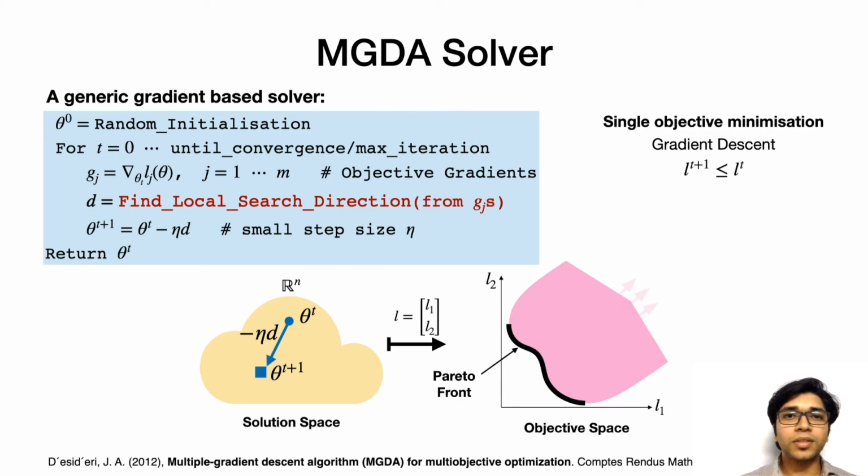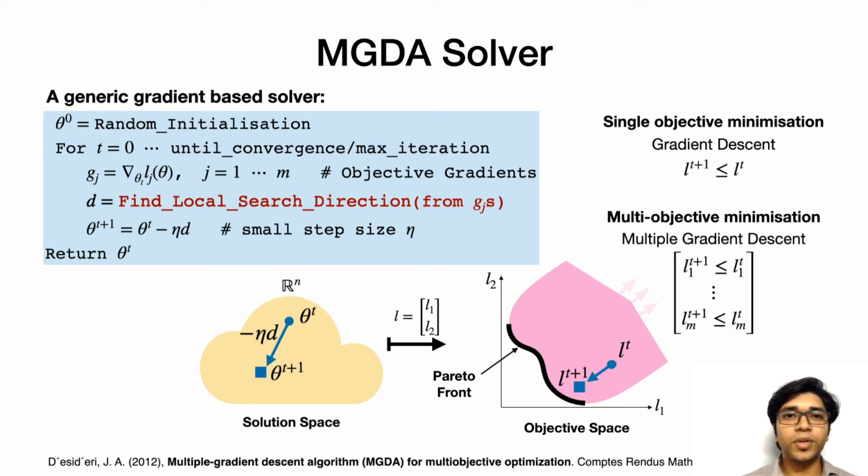But how does this search direction work in the objective space? The MGDA solver takes the current iterate L_t and moves it towards the Pareto front. The direction d is computed such that L_{t+1} always dominates L_t. That's it. That's the idea behind MGDA solver. Use multiple gradients to find a search direction that can decrease every loss value. But we noticed a shortcoming in this type of search direction, due to which the solver cannot reach a preferred optimal point.